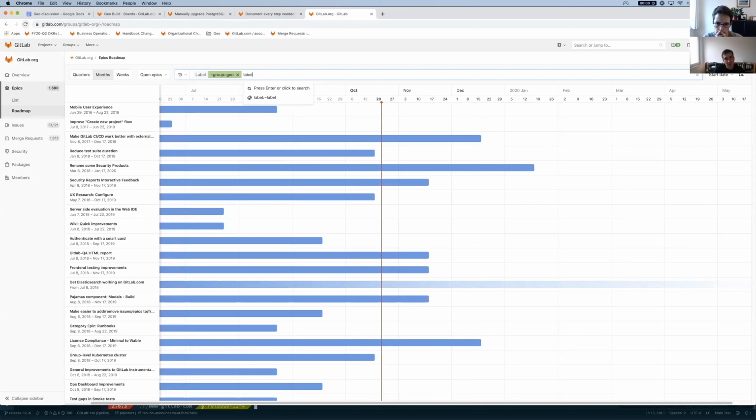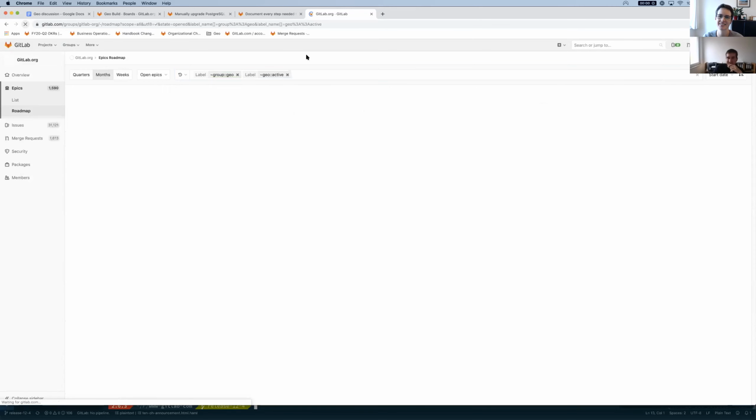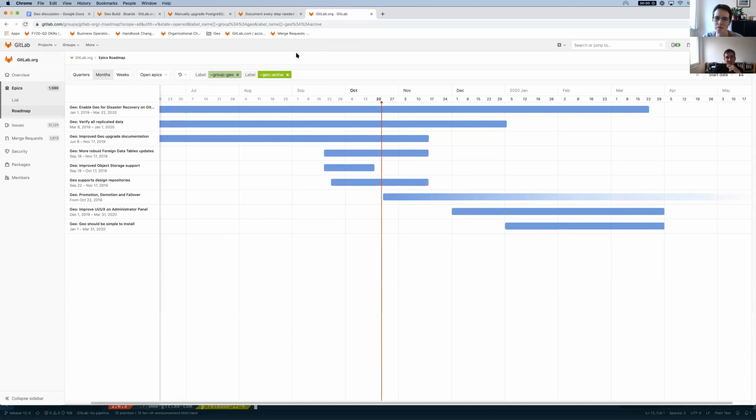I had to cheat again a little bit with displaying things, and I took inspiration from our build board. So I have active epics. I like that, actually. I like that the epics have states now, because then you can easily see things. Yeah, and this looks really good. Yeah, so essentially what I'm saying is